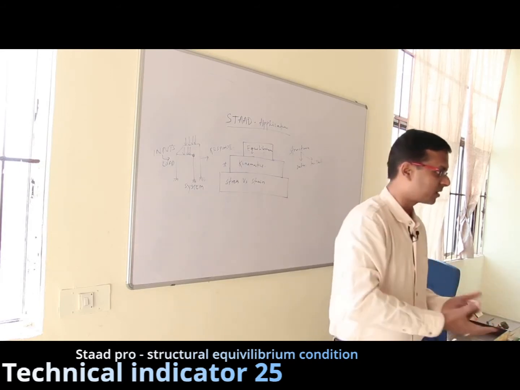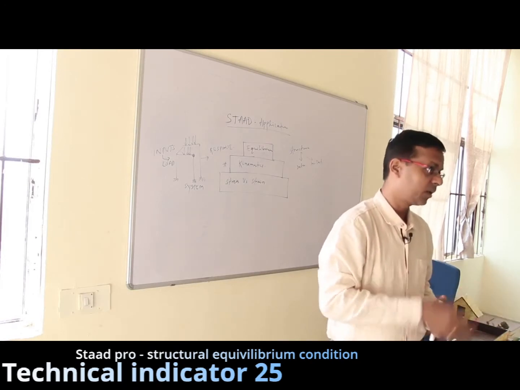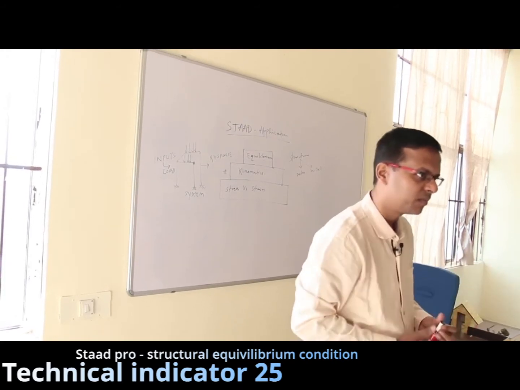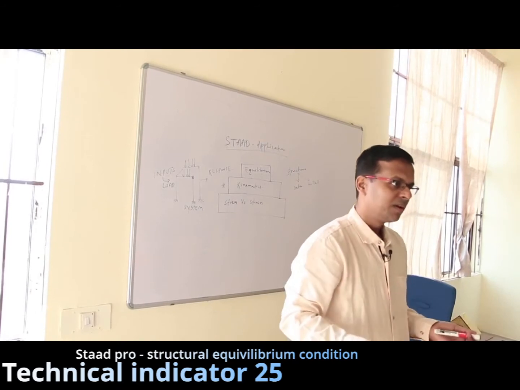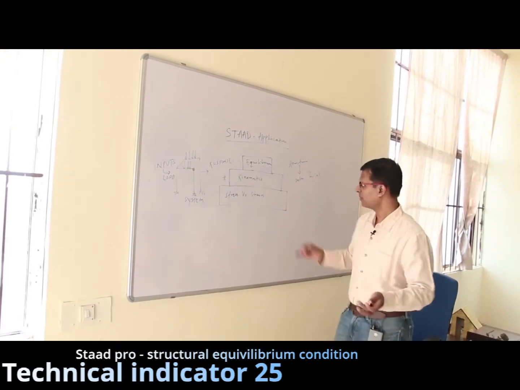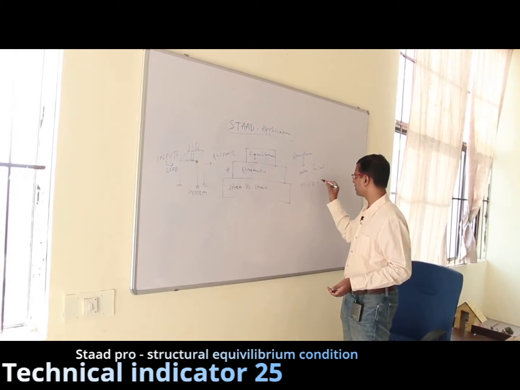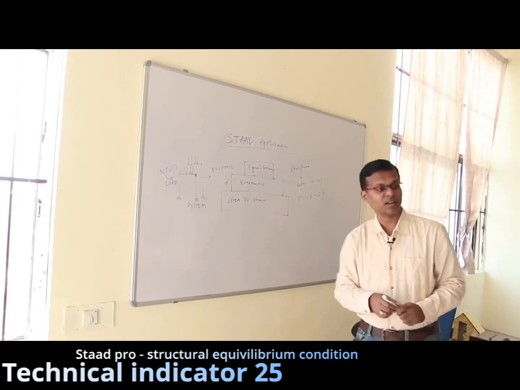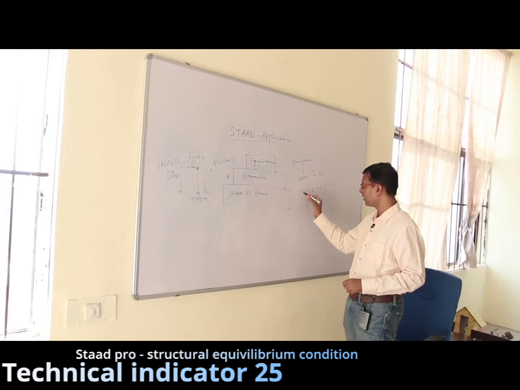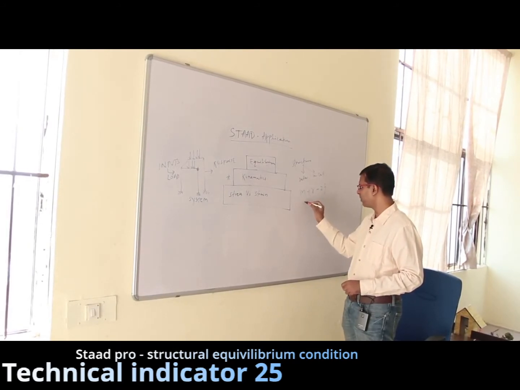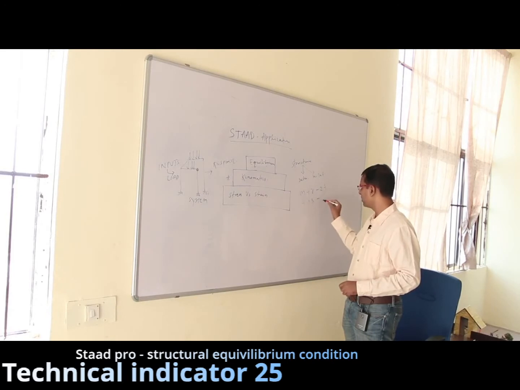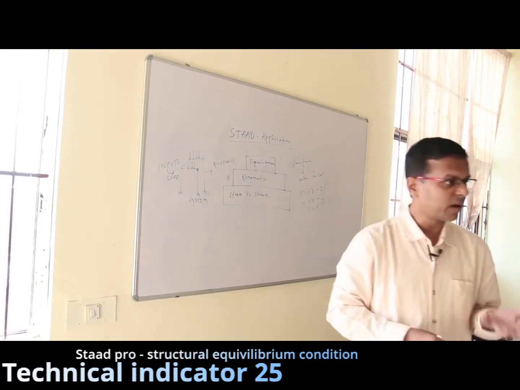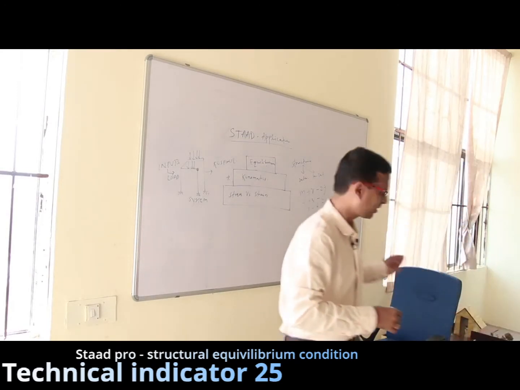So in case of an indeterminate structure, how do you solve for the unknowns? No. See, what is the structural indeterminacy? M plus R minus 2J. Suppose here I have members and reactions, let us say 4 and 3, and joints are 3. So 4 plus 3 is 7, minus 6 equals 1. My indeterminacy is 1. So in that case, how do you solve for that one extra unknown?